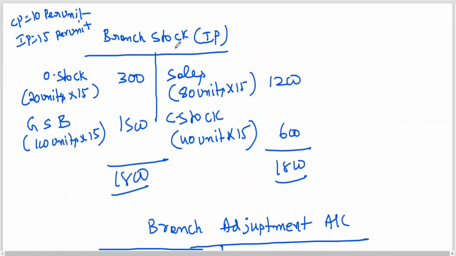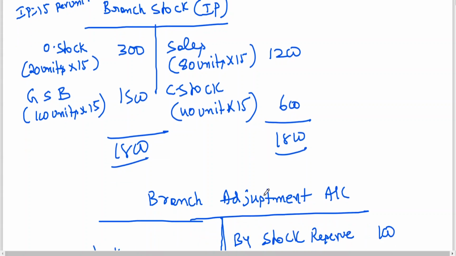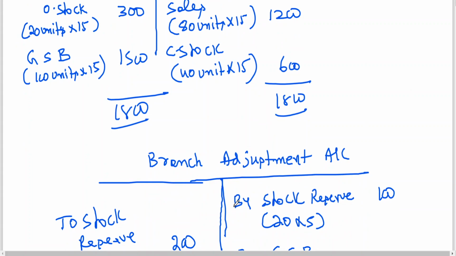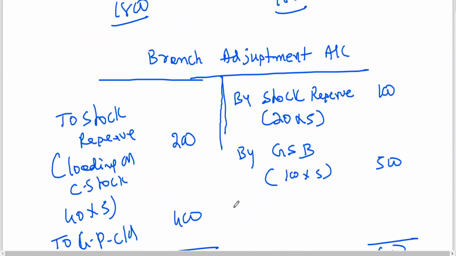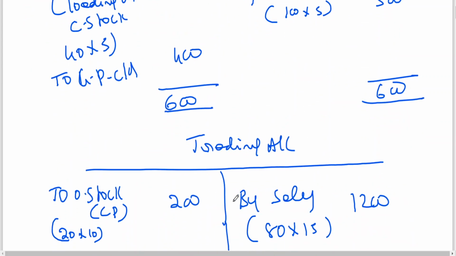So when everything is recorded at invoice price, you get the closing stock immediately as first-hand information. If I sell this closing stock today, I am getting 600. You'll be getting this confidence, that is, I am recording at invoice price. So to get the profit, we are only taking the loading on opening stock, loading on closing stock, loading on goods sent to branch. Clear to all of you?